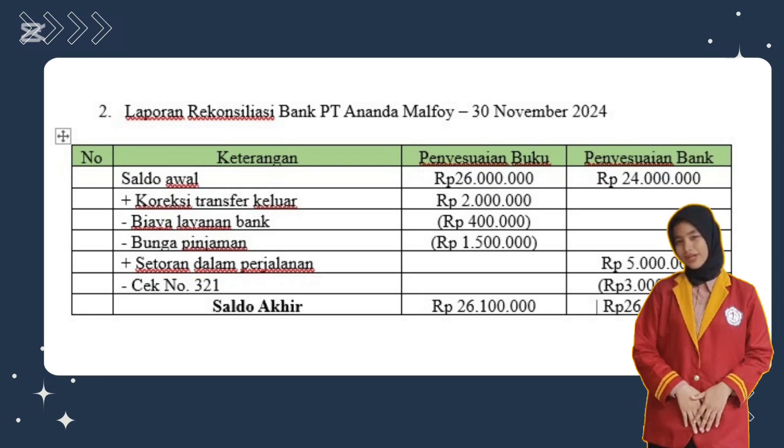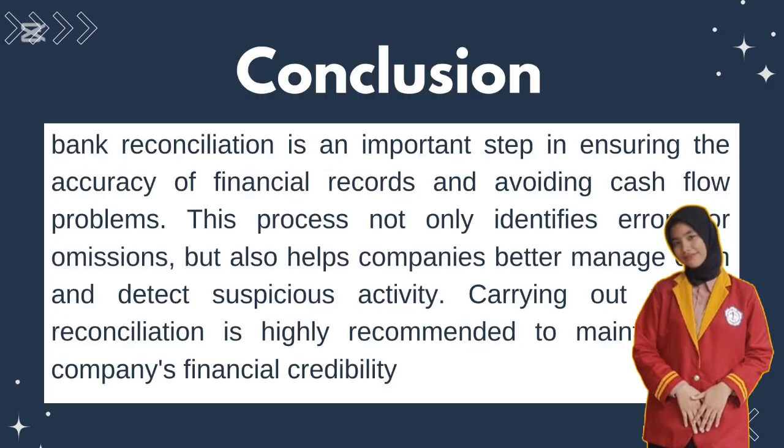Check number 321, not yet disbursed, $3,000,000. The company had issued this check, but the recipient had not cashed it until November 30th. The bank has not reduced the balance because the check is still in transit. Okay, that's all the explanation of this material, and it can be concluded that bank reconciliation is an important step